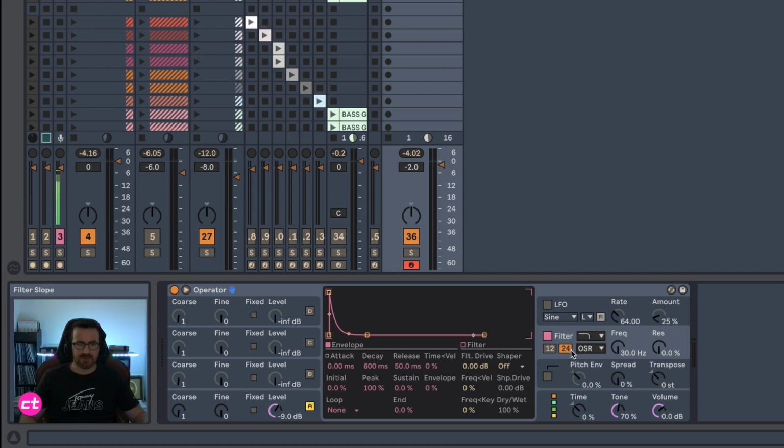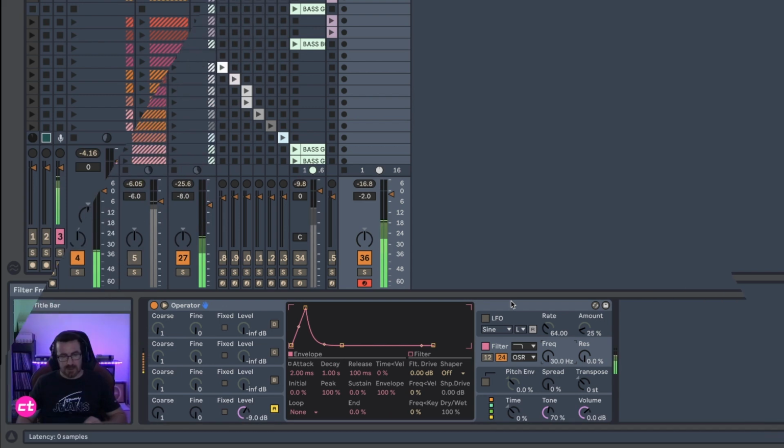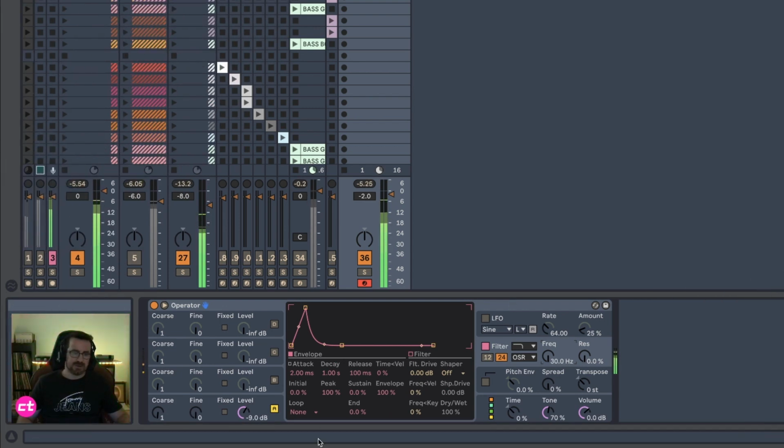24 dB per octave, it's okay. But first, let's design the ADSR with the same kind of settings. Release really short, 100 milliseconds. No sustain, envelope all the way up to create the filter envelope, of course. And that's starting to sound great, okay? Maybe the frequency